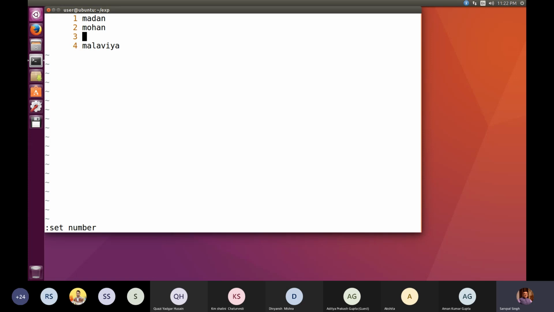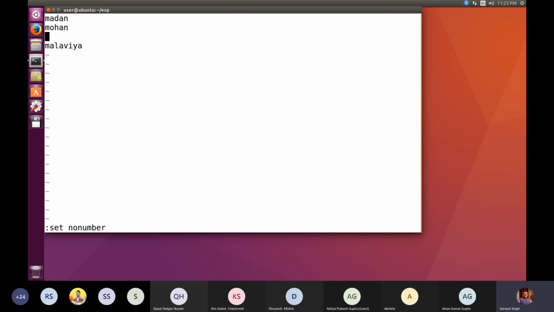Say for example, if we are writing any Java program or C program, and when you compile that program, you get some compilation error at line number 53. Now, in order to get the details easily, that which is my line number 53, I can simply open that file and I can give the parameter set number. So numbers will start getting displayed with every line. So you can easily refer to line number 53. And if you wish to turn this off, then once again you move to last line mode, and here you write set no number.